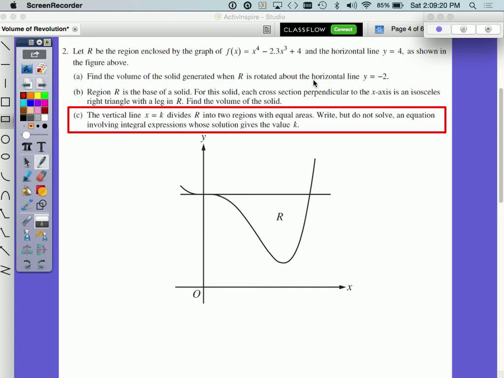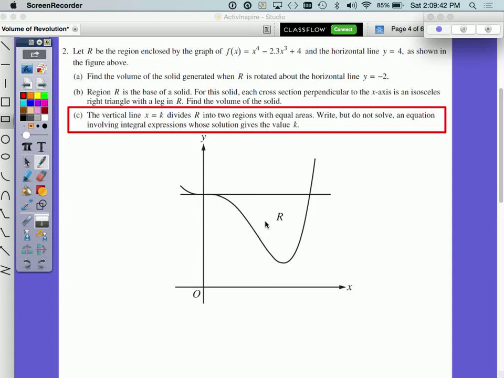We've been looking at question 2 from the free response portion of the 2014 AP Calculus AB exam. In previous videos, we've already looked at part A and part B of this question. So now we move on to take a look at part C. Part C says that a vertical line x equals k divides this region, which was previously defined as R,